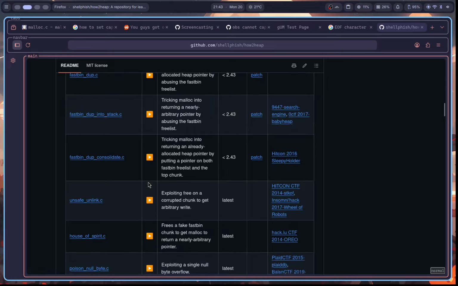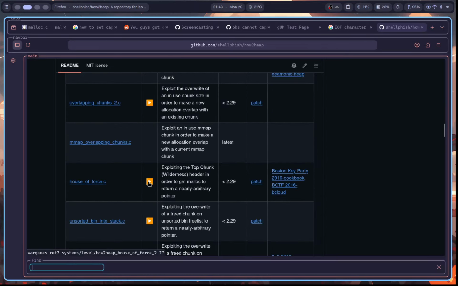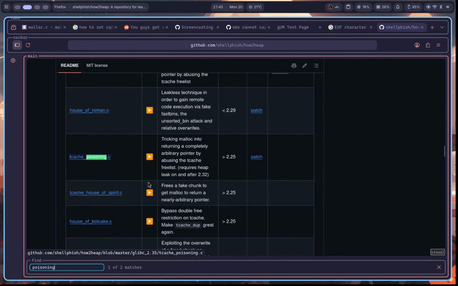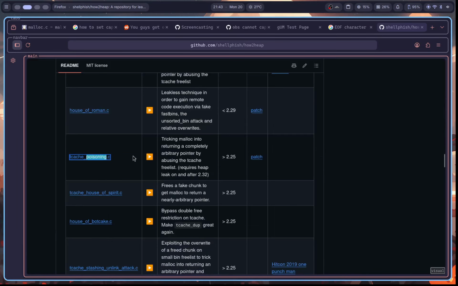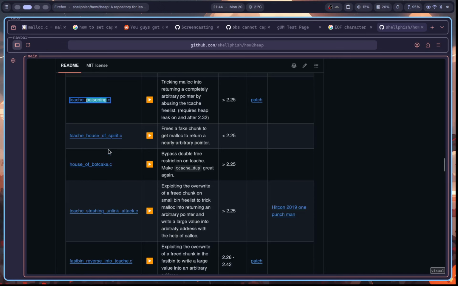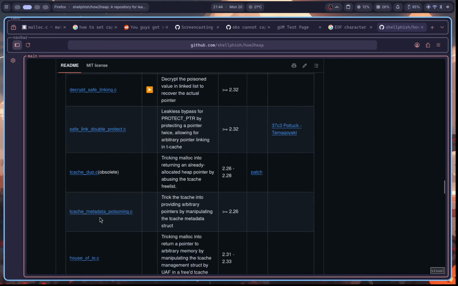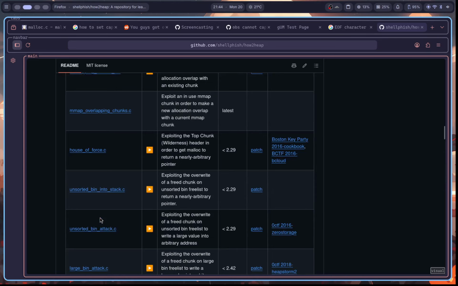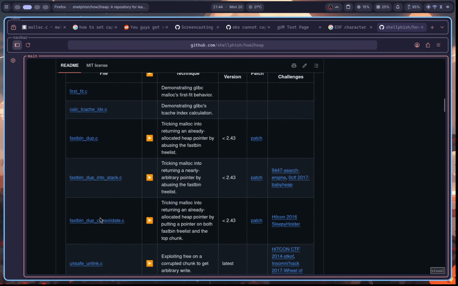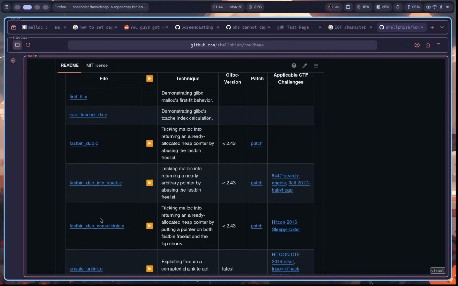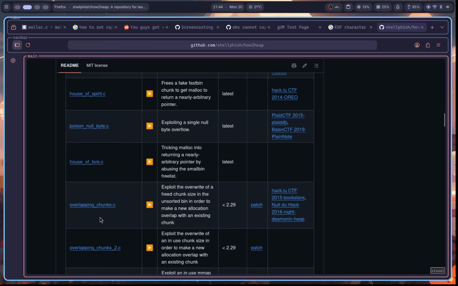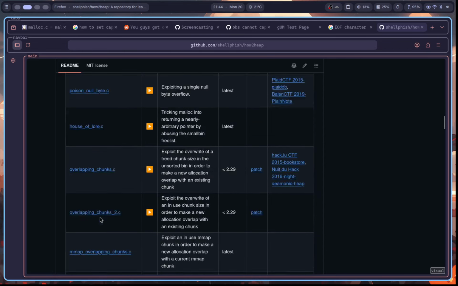So you'll see that we taught you guys how to do Tcache processing, right? And it's already included in the list. But you'll see that there are some other exploits over here that we didn't really talk about because it might have been too complicated for these 2 days. But if you ever feel like you want to explore outside of just the vulnerability that we taught, the use after free, and you want to explore how to exploit the other bins as well, this is one useful